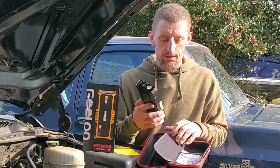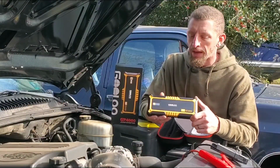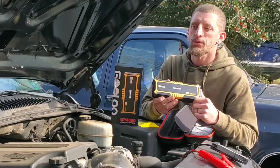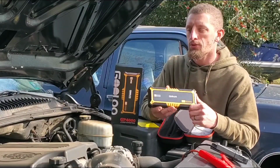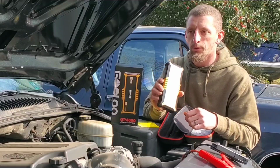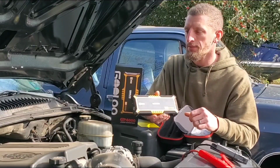And really, that's the long and the short of the GooLoo GP4000. I would recommend having these in all of your vehicles, boats, RVs, anything with a battery and a starter that you would need to attempt to start. I have a daughter who's going to be getting ready to drive soon, and I will definitely have one of these in the trunk of her car as well, just as a safety device,